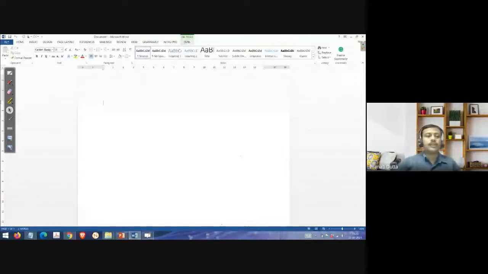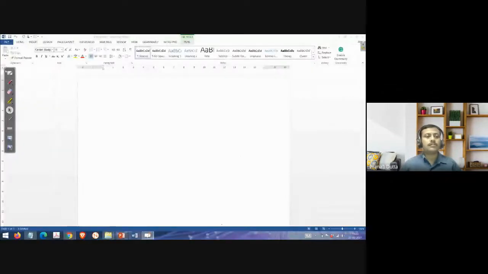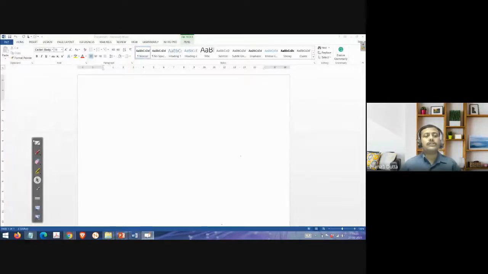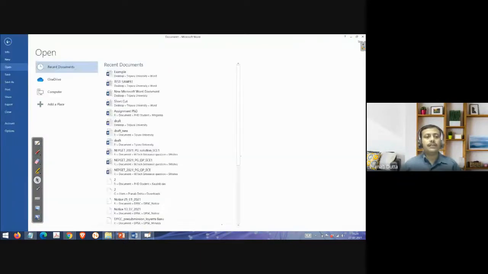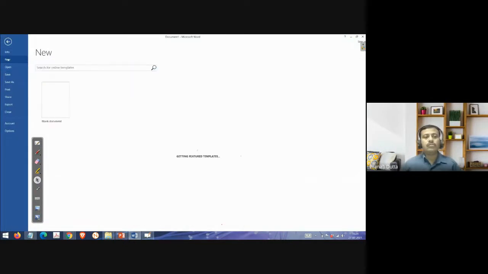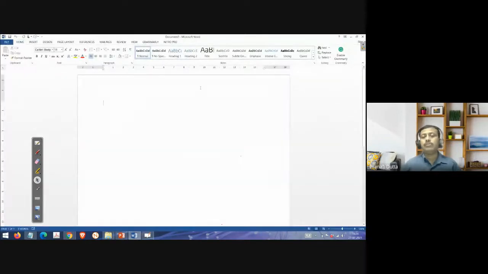This is the window which comes in. And how to open a document: we can go to File and New, then Blank document. Once I click on the blank document, a new window will open. This is how we get it.